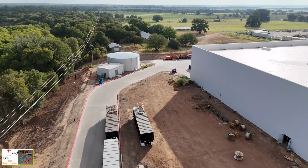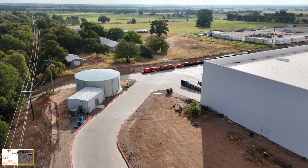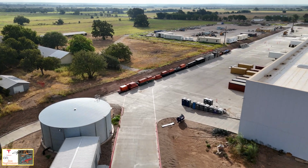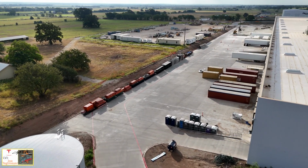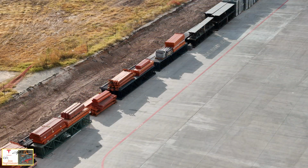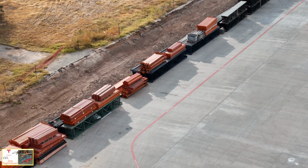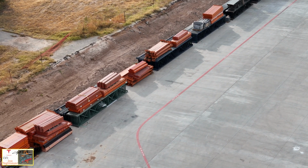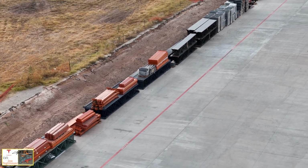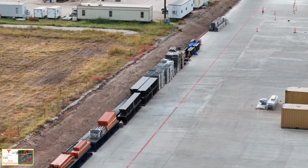As I come up over the power lines, you can see this small control room and that water tank. Again, I think this is a well system that is used to support possibly the fire system here at this factory. Now as I zoom in, you can get a good look at all of these materials that are arranged out here. I think that these are being moved inside. I think there'll be platforms probably for equipment, maybe for some of the production line that's going on inside as